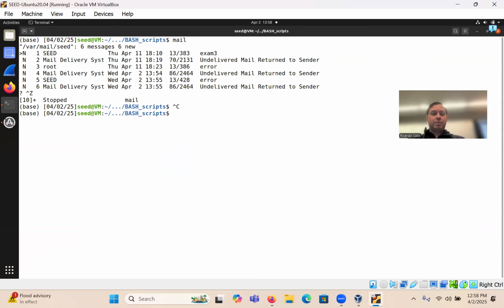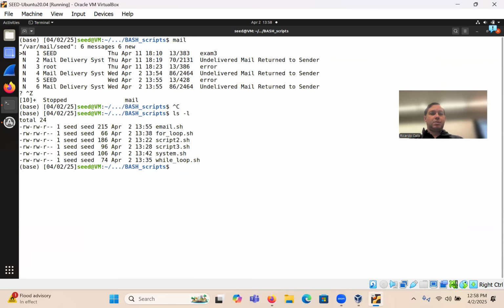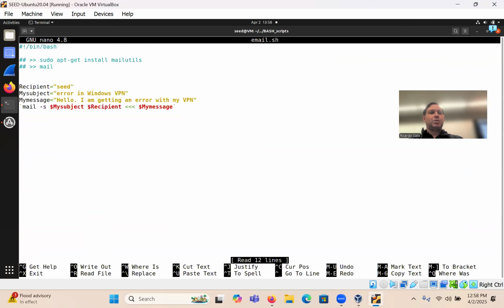And then really in the script, and I'm using bash, nano email.sh, bin bash, these are the commands. Recipient, I changed it to seed. Here, my subject, message. I'll change it.